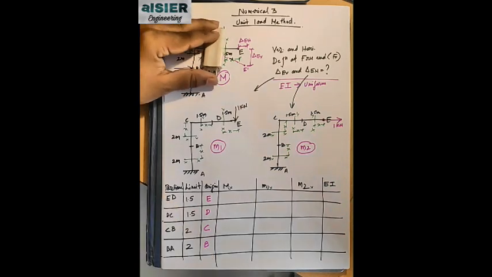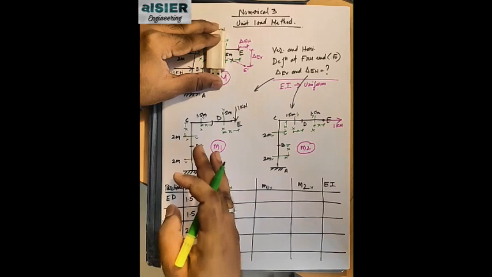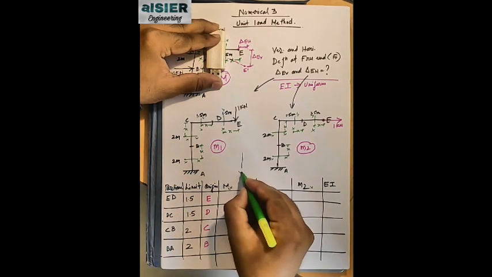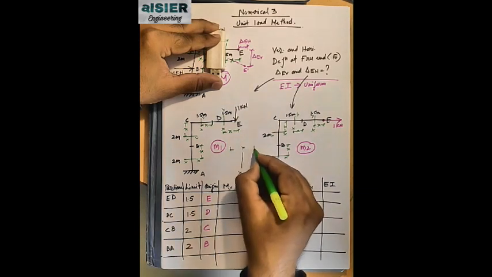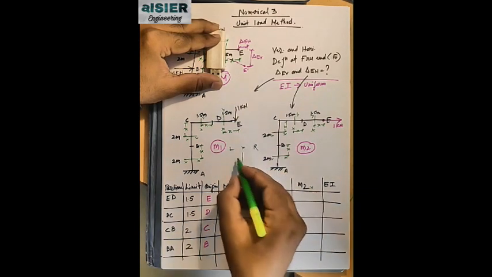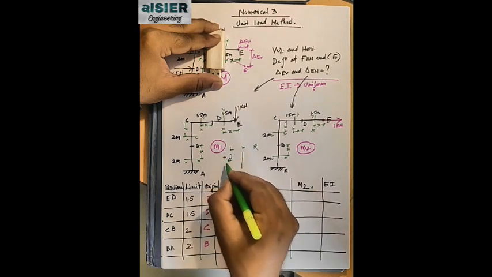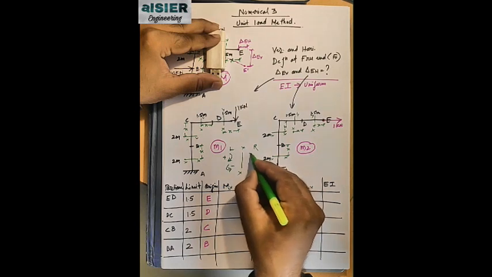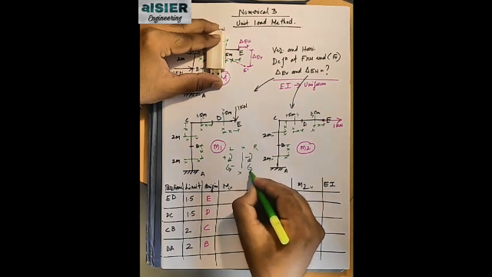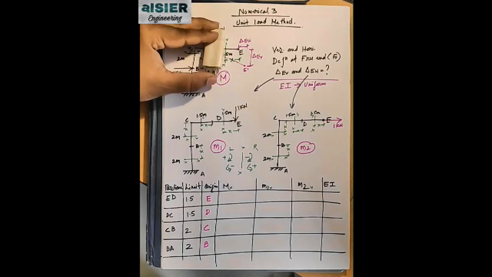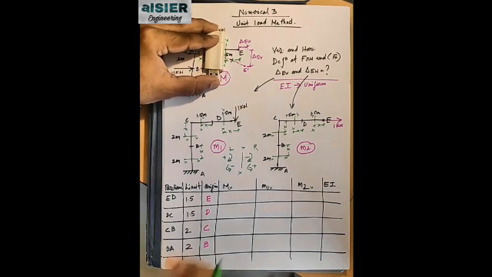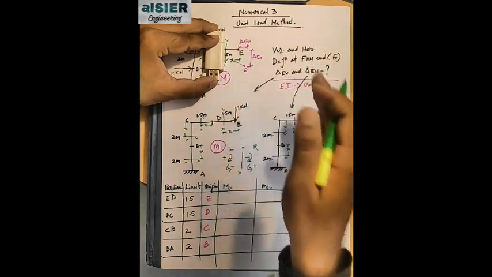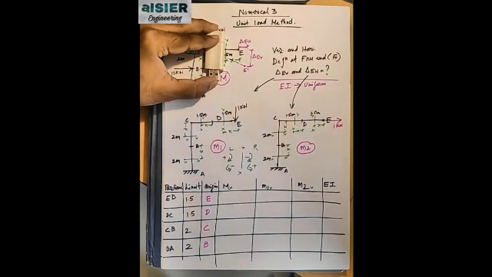So in ED, this is the section, and we will consider all the forces from the right side of the section. Now remember here, if this is the section XX, this is the left side and this is the right side. If you are considering forces on the left side, clockwise is positive, anti-clockwise is negative. And if you are considering forces on the right side, clockwise is negative and anti-clockwise is positive. Now our section is this XX, and because we are considering the right side, clockwise will be negative and anti-clockwise will be positive.